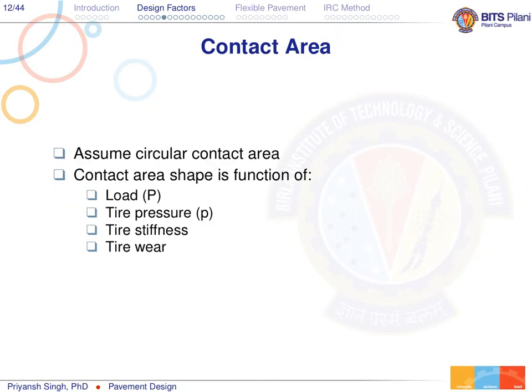We also require the contact area. Normally in design, we assume that the contact area is circular in nature. There is more research; sometimes we account for the tire contact area as rectangular, sometimes circular, sometimes elliptical. More or less here, just assume that it's circular in nature for this course. Later on, if you are interested in how the different interactions are going to affect your pavement design, you can follow more discussion in the pavement design course, CEG 518.